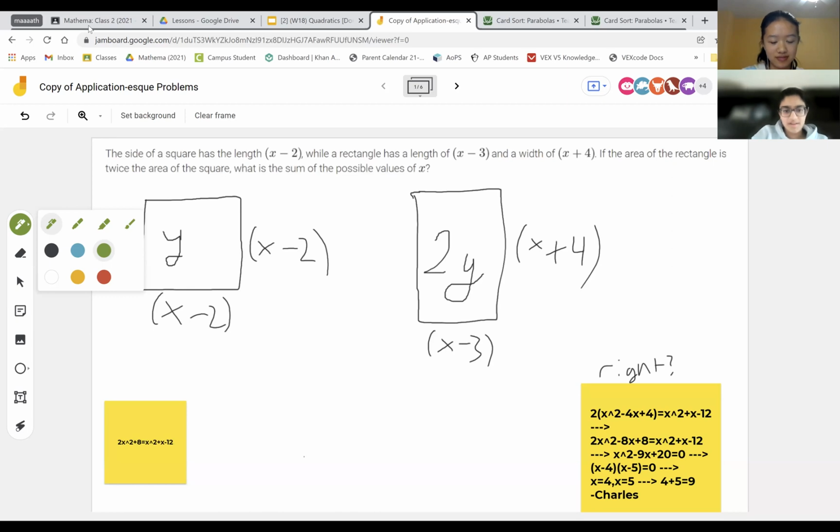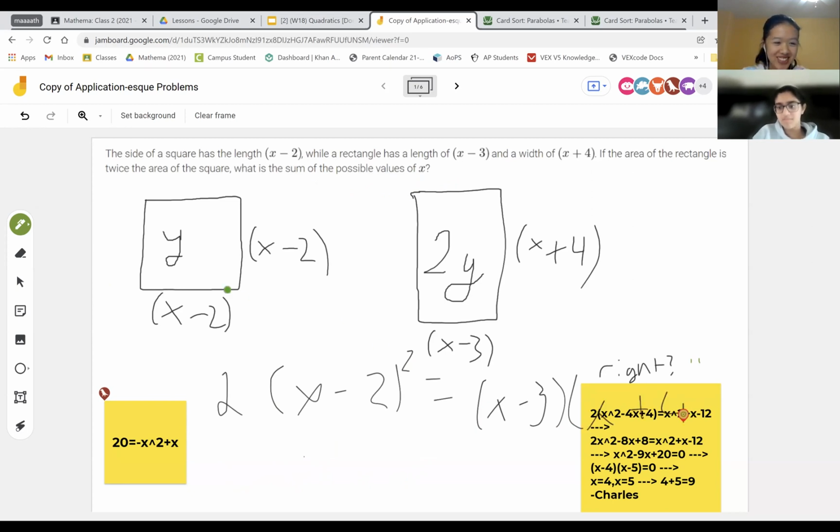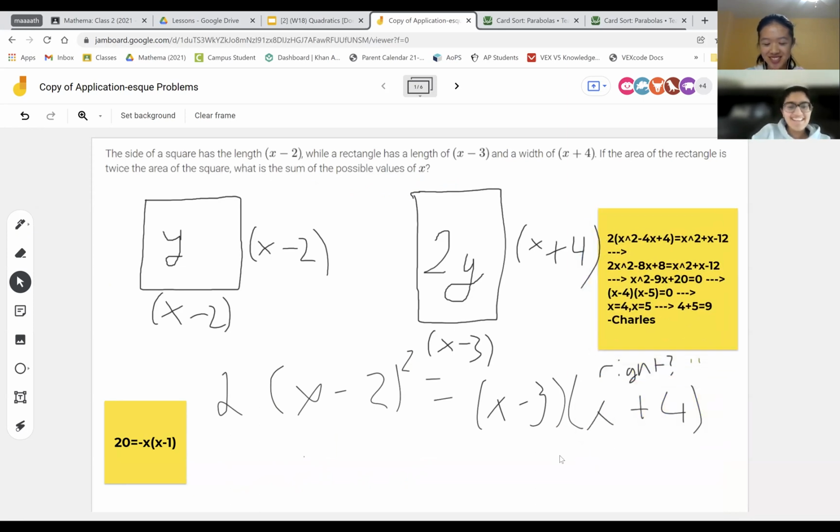So remember, okay, I'm going to draw on the Jamboard. x minus 2 squared is going to be the area of the square. So you do 2 times that is equal to the area of the rectangle, which has a length of x minus 3 and a width of x plus 4. So the area of that is x minus 3 times x plus 4. Okay, so we can